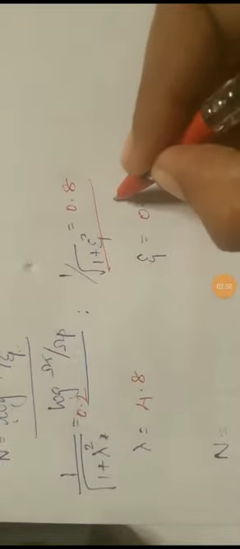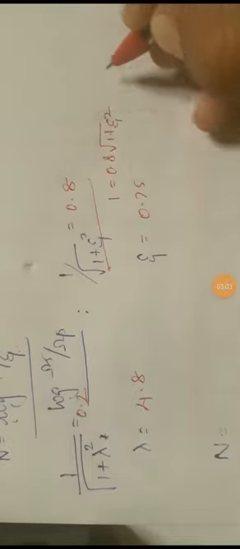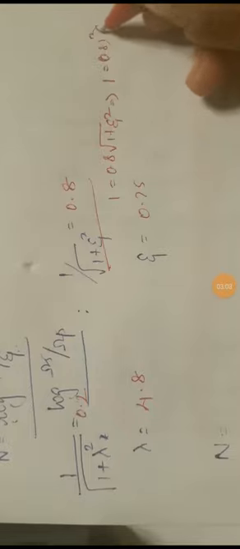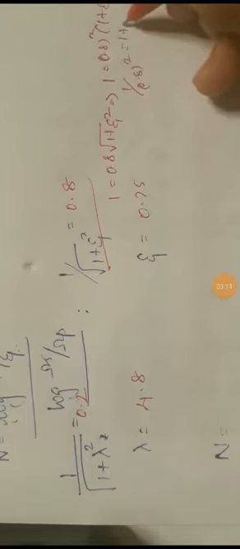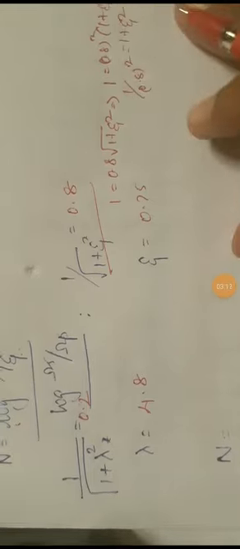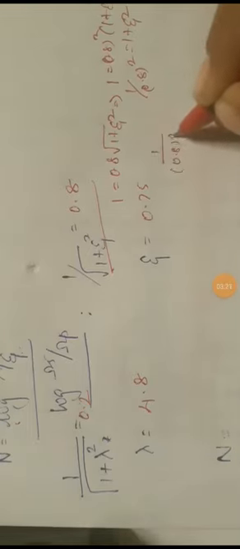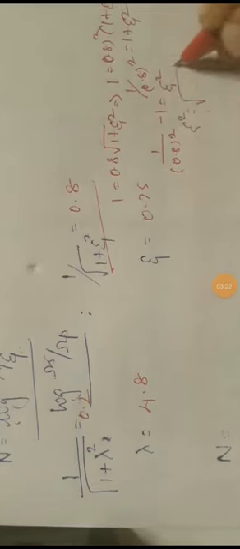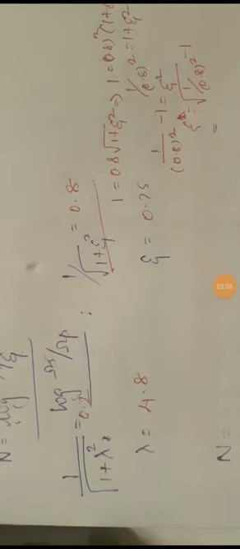How to solve it: take that point to the other side. So 1 is equal to 1 divided by epsilon square, squaring on both sides, 1 plus epsilon square, then bring that 0.8 square to the lower side, 1 plus epsilon square, and 1 to the left hand side. So 1 divided by 0.8 the whole square minus 1 is equal to epsilon square. Epsilon is the square root of 1 divided by 0.8 the whole square minus 1. Actually it is epsilon. When you solve this, it gives the value of 0.75.